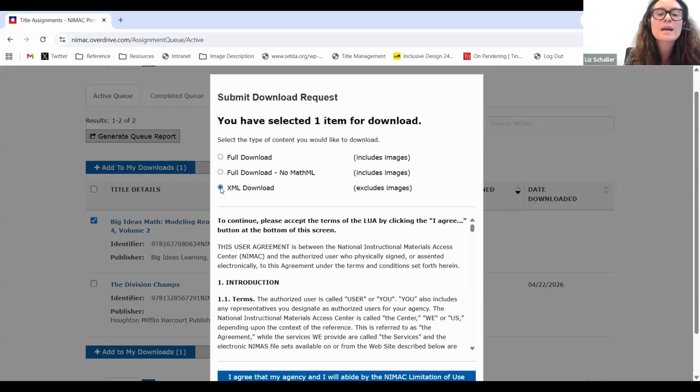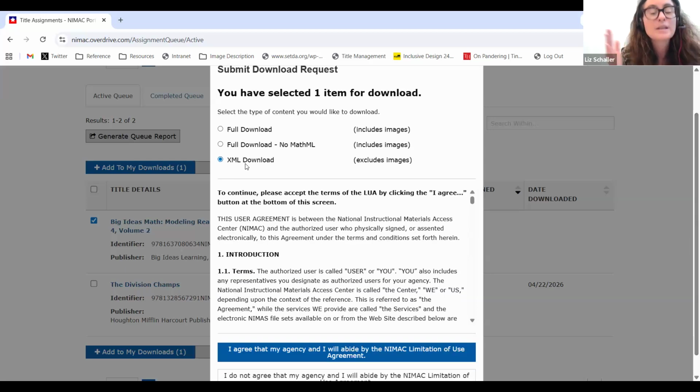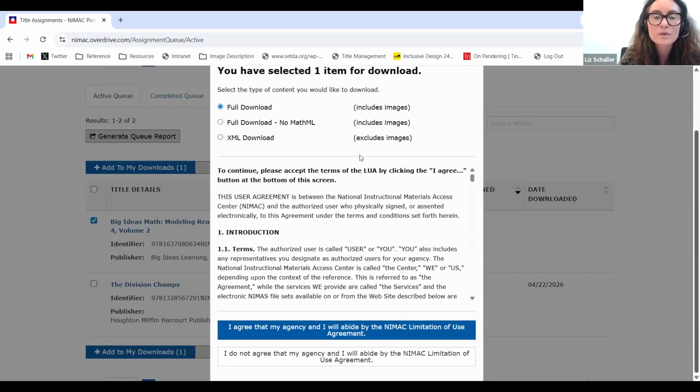Your third option here is the XML download. This is if all you need is the file. You don't need any images. Maybe you're just working on Braille, but no graphics whatsoever. You can do this XML download. It's a lot smaller and a lot quicker. So sometimes people like that because, as you can imagine, the images are usually the bulk of the size of a NIMAS file. So select the download type that you want, and then below that you'll see the limitation